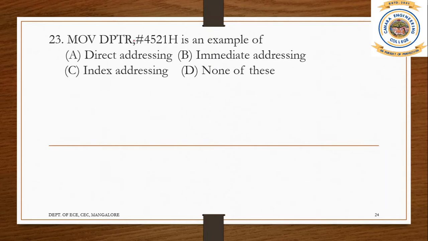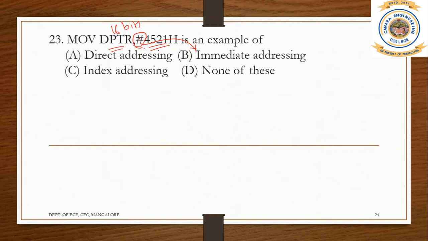Okay, so it's very easy when you have this pound sign, or we generally colloquially say hash sign or pound sign. Whenever we find a pound sign, we directly go to this addressing mode, right? Immediate addressing mode. The meaning of this is DPTR is a 16 bit wide register, and this is 16 bit, right? 4 is 0100, 5 is 0101. That way in total we have 16 bits here.